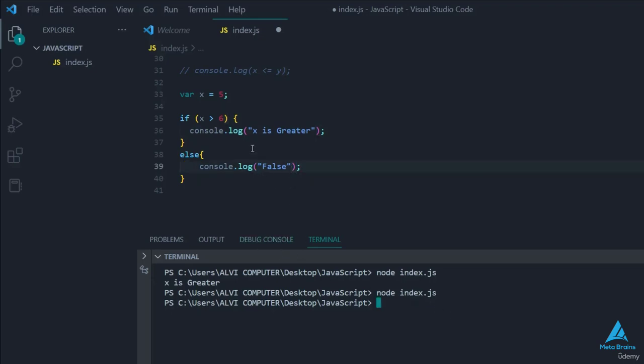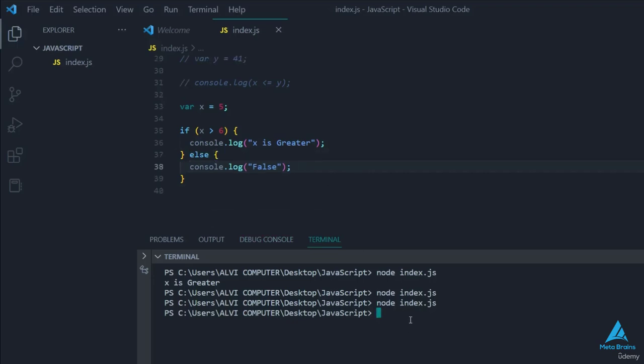So, the code of the if statement is as follows: var x equals 5. If x greater than 6, console.log x is greater. Else, console.log false. Now go to the terminal and run node index.js. The else statement false will be printed in the terminal because x is equal to 5 and 5 is not